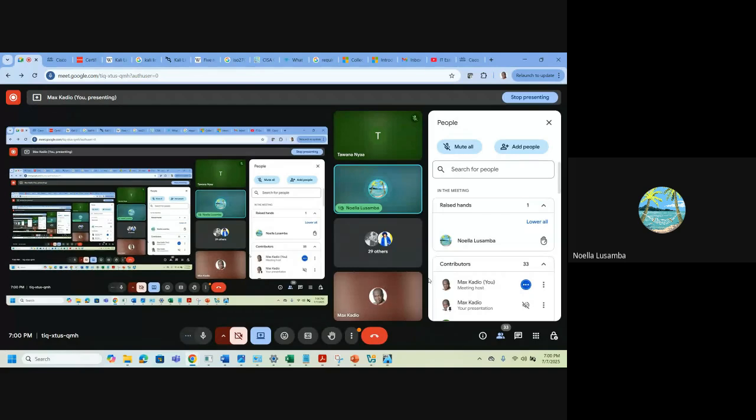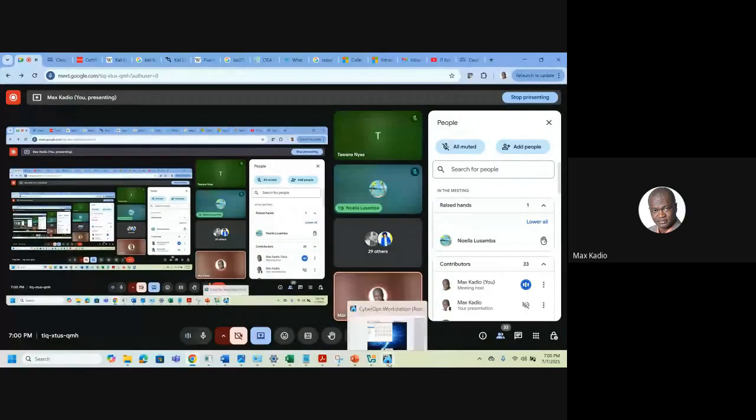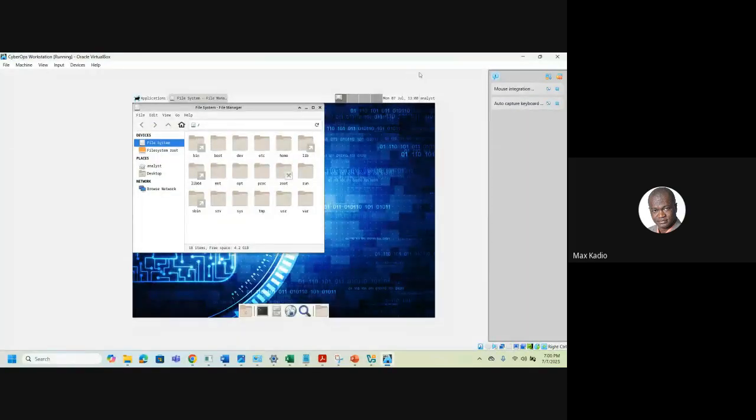Exactly. What Tawana said is exactly what I wanted to explain. It's like working with one PC but using multiple PCs. Excellent. Okay, good, great. And I did a demo, you see, which is a PC that I can use,